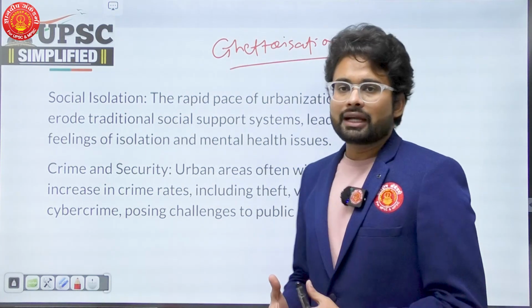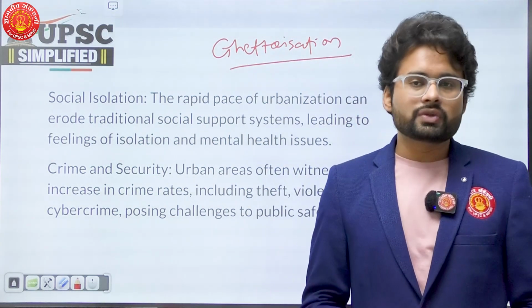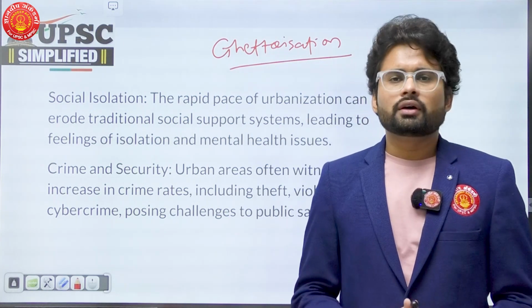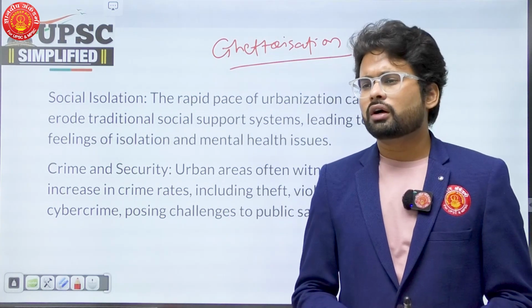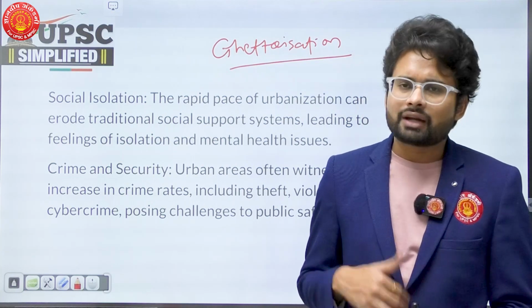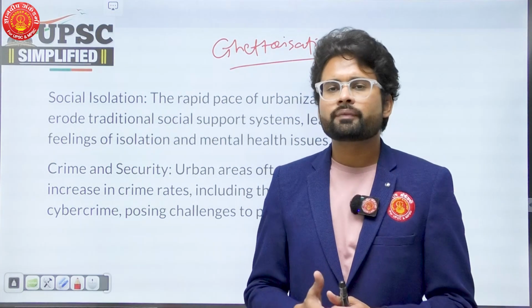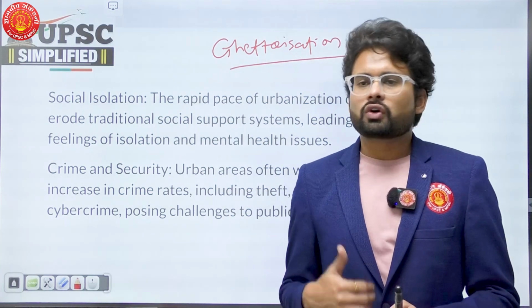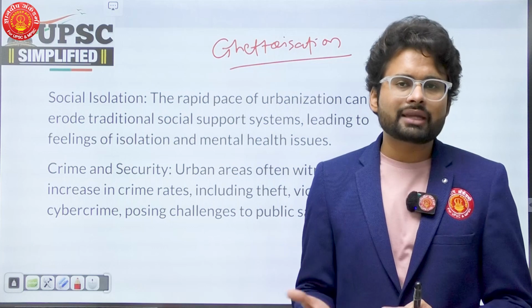Then the crimes and the issues of security are also increasing on a daily basis because of this. The ongoing cases of women harassment in urban centers, or cases of women trafficking, or, let's say, human trafficking, or the child labor issue, the crimes, the rising rate of robberies, the rising rate of cyber crimes, and so on.